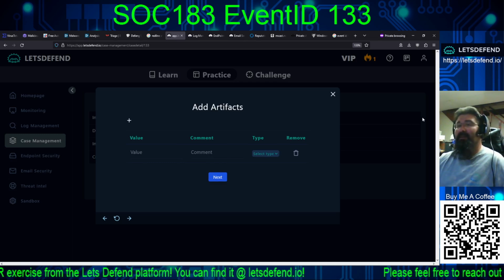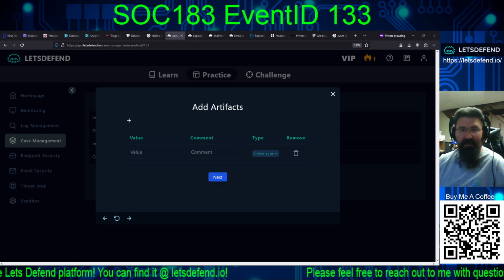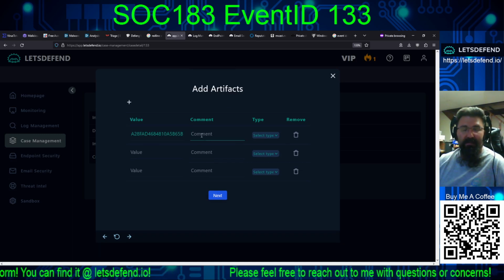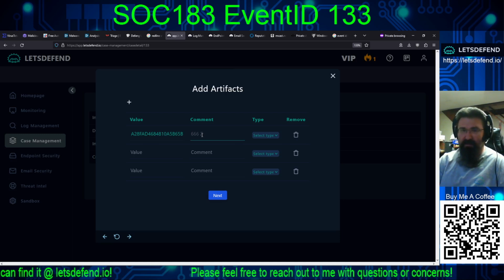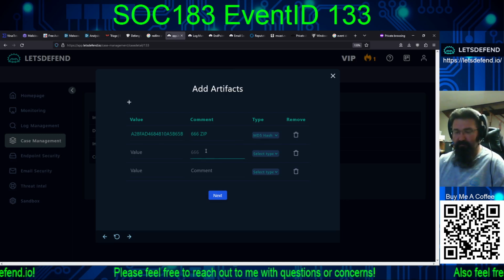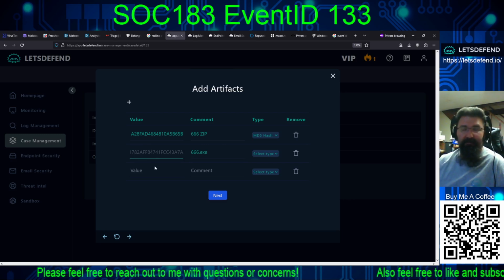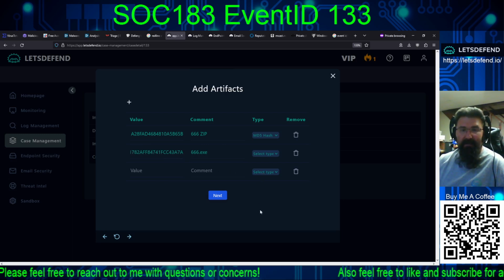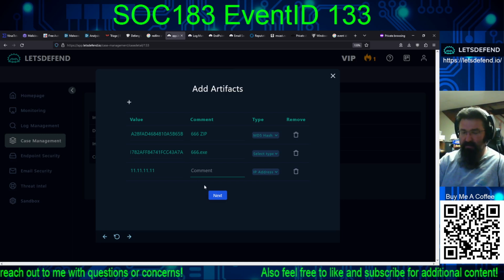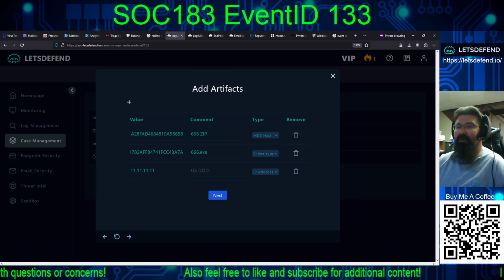But then, of course, we get to the artifacts. And this is why I wanted what we've got. So this is the 666 zip. That is the MD5. There's the bin. And then we have the IP space. And US DoD. Although, where did we...